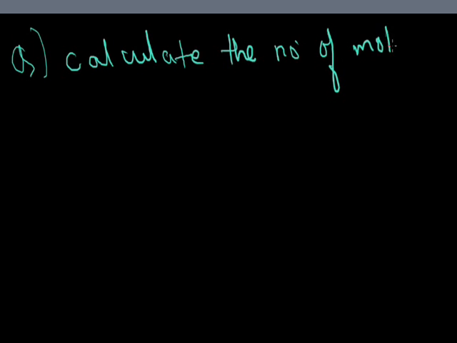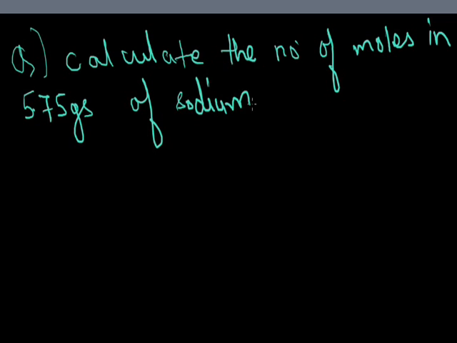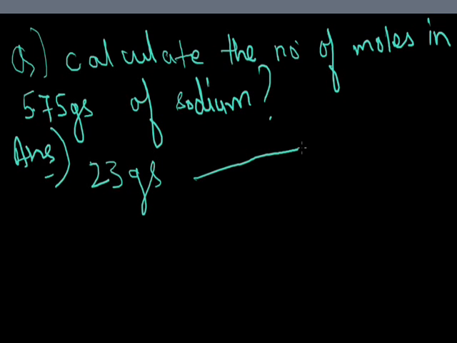First numerical we are doing is, we have to calculate the number of moles in 5.75 grams of sodium. So we know that the atomic mass of sodium is 23. If we represent it in grams, as gram atomic mass, it will be 23 grams. So 23 grams of sodium consists of